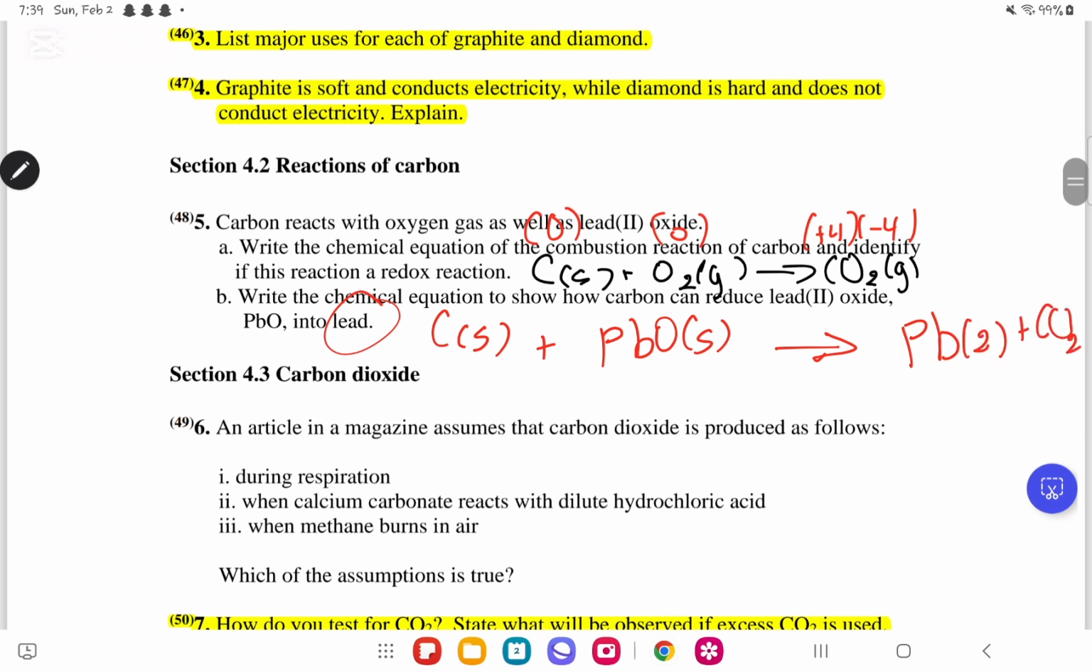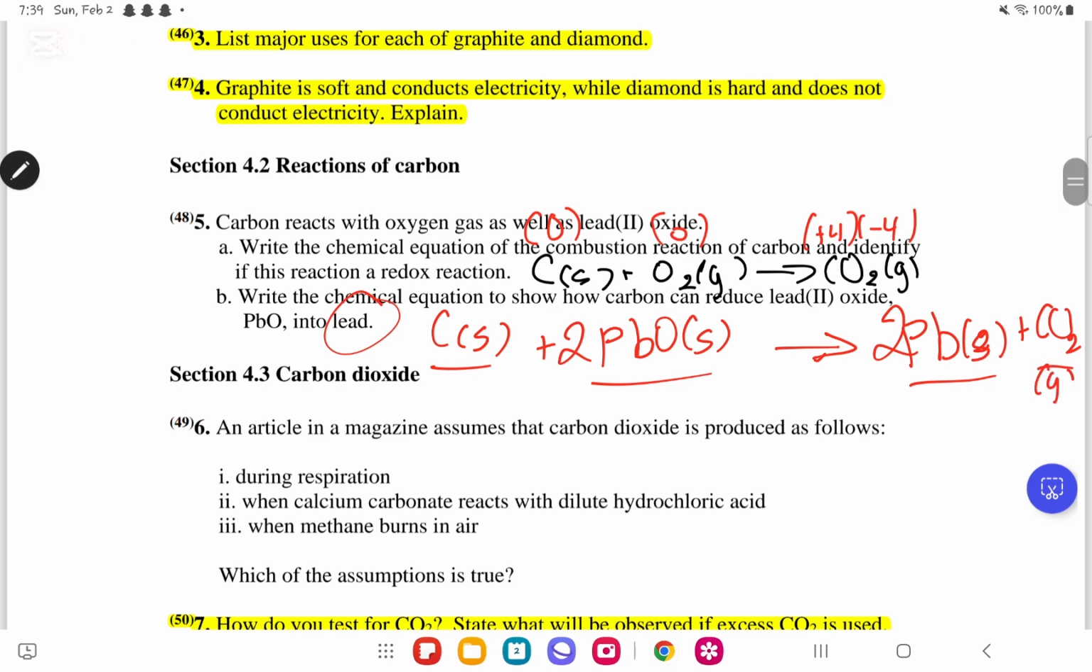Now, CO2, this you have to remember it, so carbon solid plus PbO solid gives us Pb plus CO2. Now this isn't balanced, so to make it balanced, we're gonna put 2 here and 2 here. So it's gonna be carbon solid plus 2PbO solid, sorry, will give us 2Pb solid, okay, plus CO2